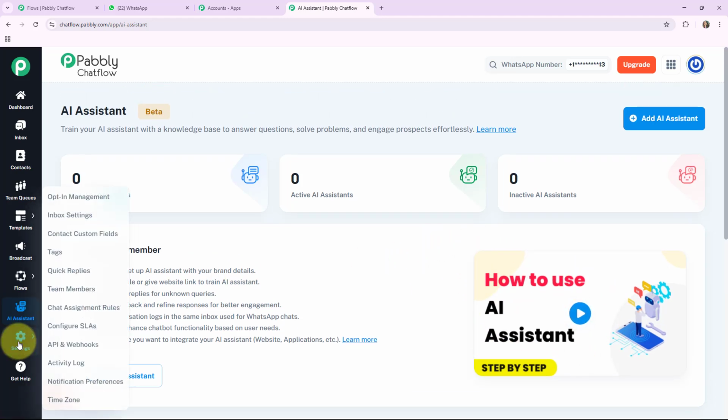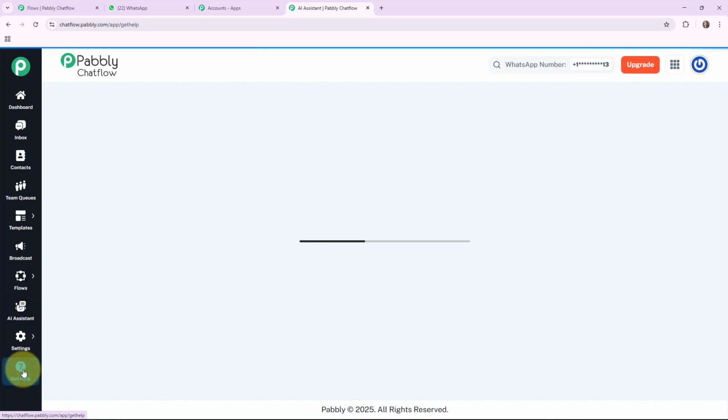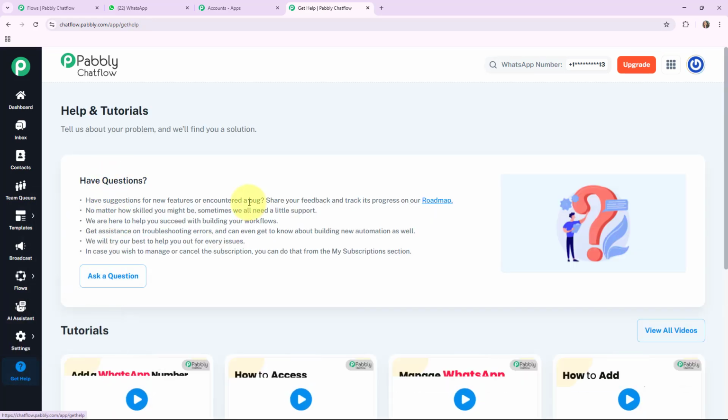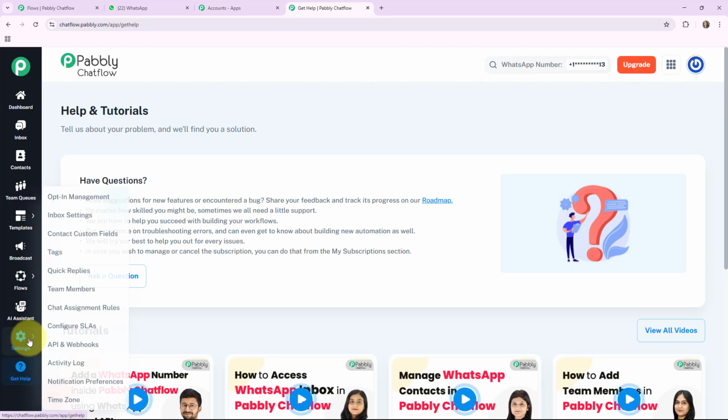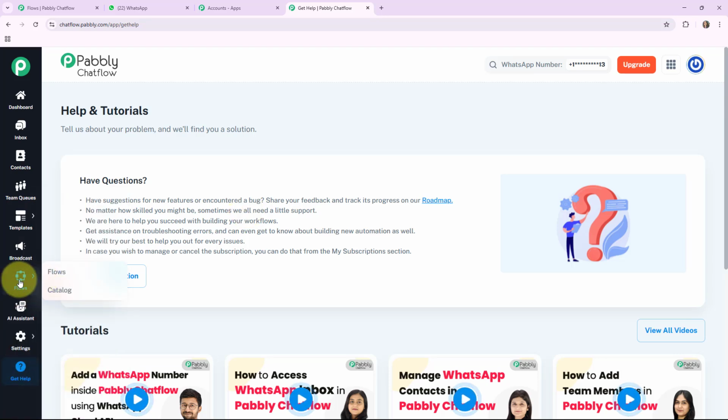The ninth one is the settings, where you can manage your accounts, team members, integrations, API keys, etc. The tenth one is the get help, where you can tell us about your problem and we will find you a solution. As we are creating a WhatsApp chatbot, we will create it with the help of Pabbly Flow